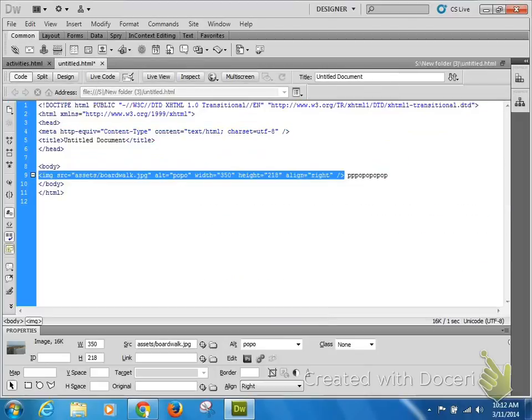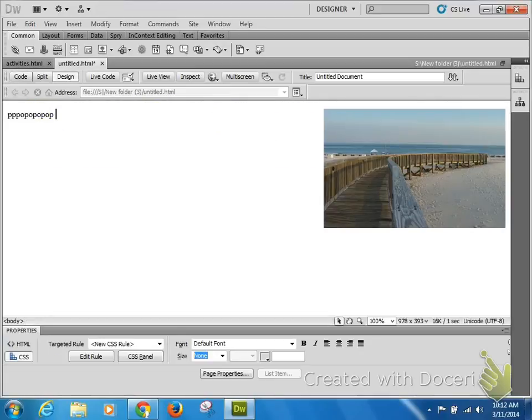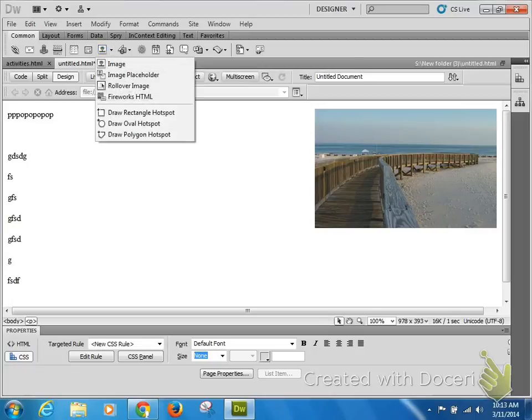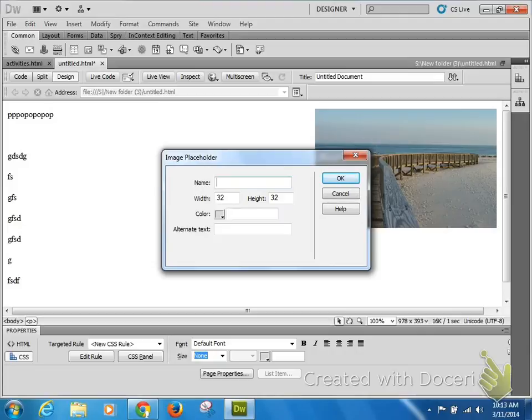One thing I forgot to say was that in chapter 4, lesson 1, it also tells you that you can insert something called image placeholders. Image placeholders are for when you don't have the image yet, but you know the type of image you're looking for. You just don't have it yet. So you could go to this common bar list arrow in the insert bar, and choose the second option, image placeholder. It's going to ask you what the name of the image is, and I'll say name test,